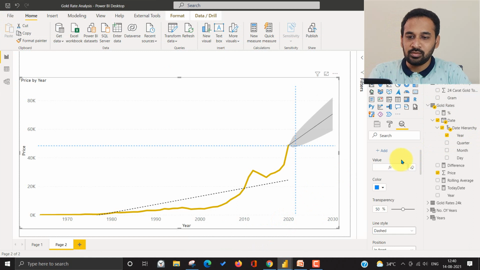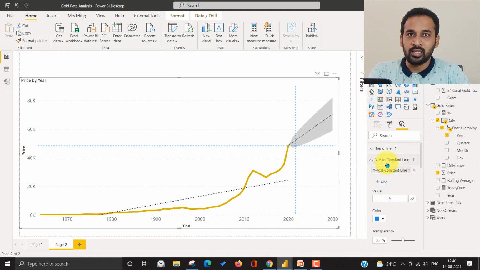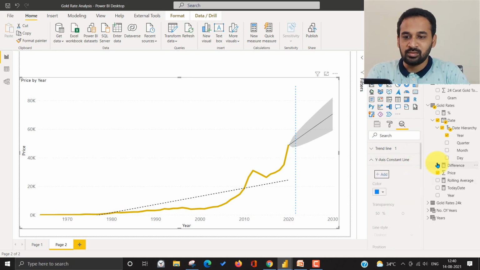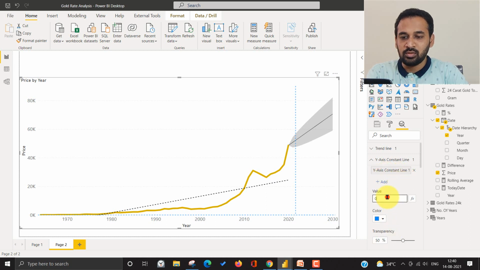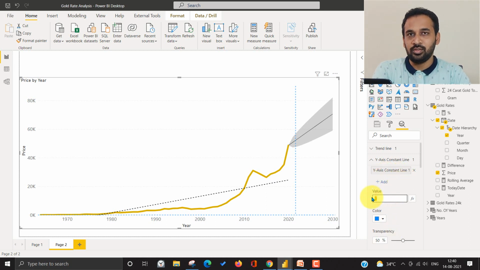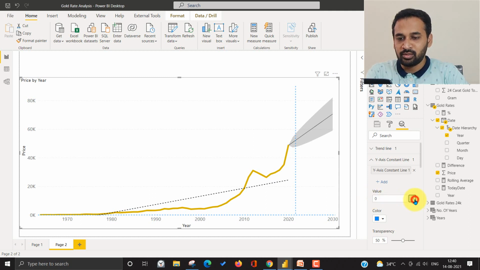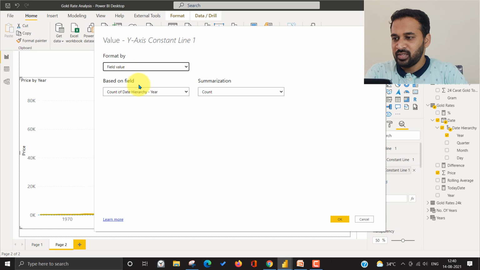Now the next thing we need to do is add a Y constant line. If I cancel this, it will be like this by default, and if I click on Add, this will give you this one. If you want to add a default constant line, you can also add that, but recently they have given this option. So I'm going to click on FX and Field value.